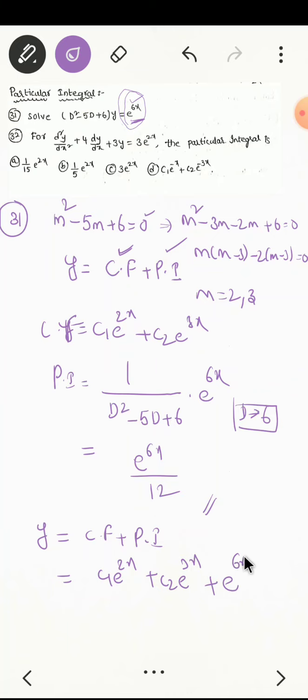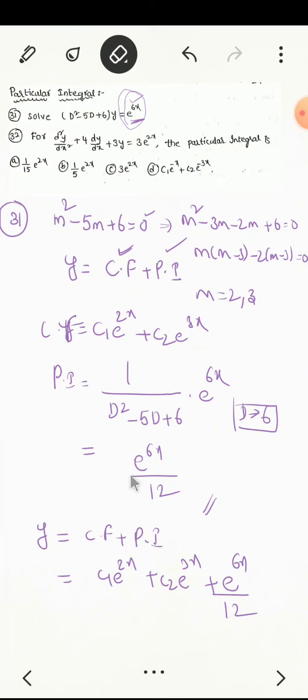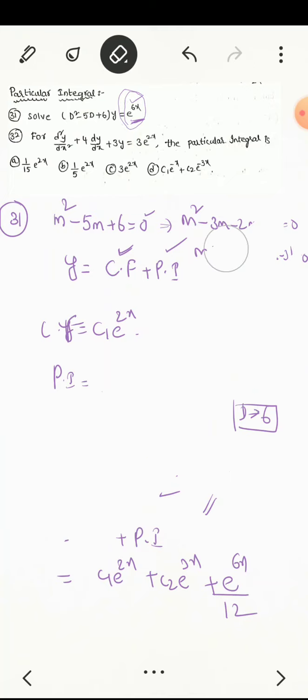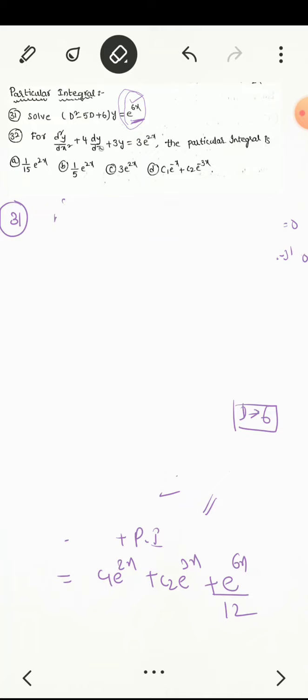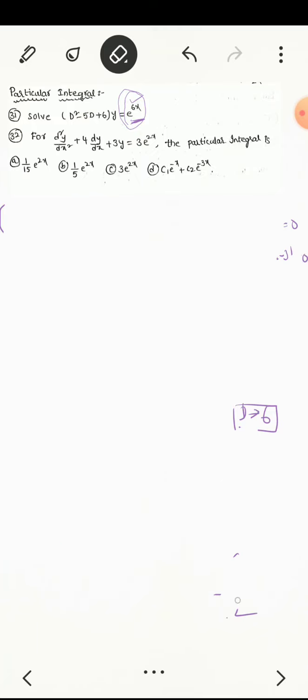Particular integral is e raised to power 6x by 12. Okay. Let us solve problem number 32. What they are saying, they have given some function and they are asking only particular integral. No need to find complementary function. They are asking only